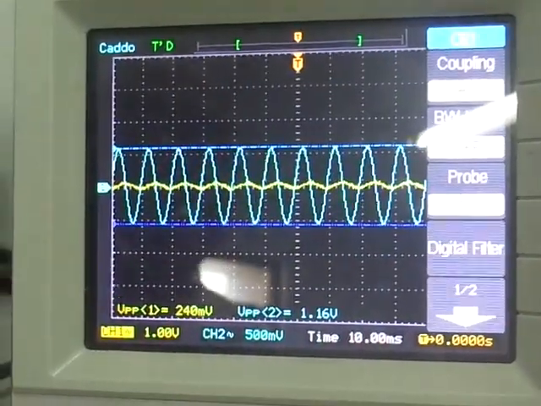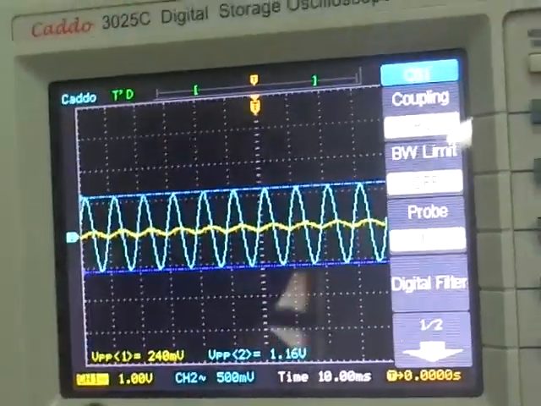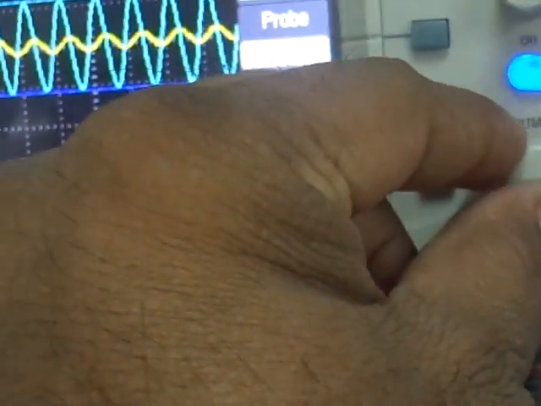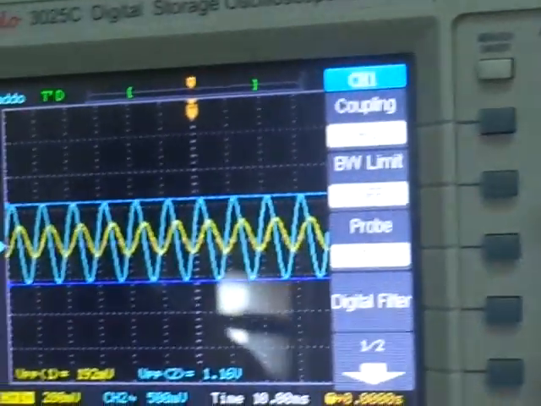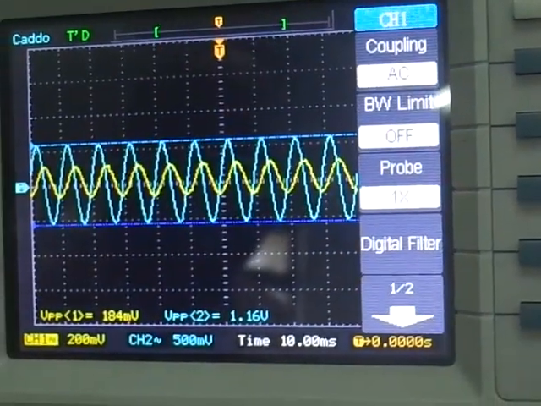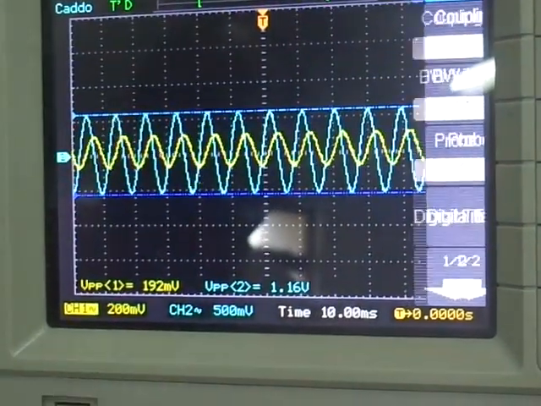The output which you are going to observe is yellow in color, which is initially at a very low value, that is 240 millivolts. At 100 Hz we are getting approximately 200 millivolts, and as we go on increasing the frequency,